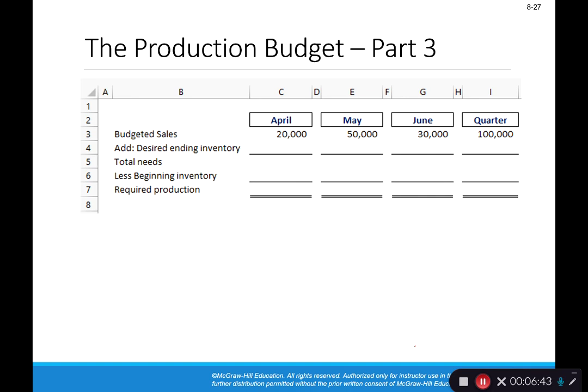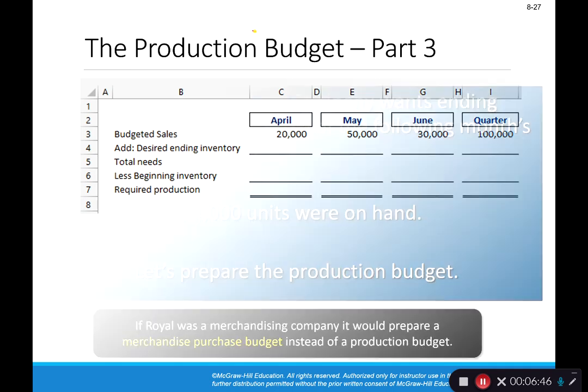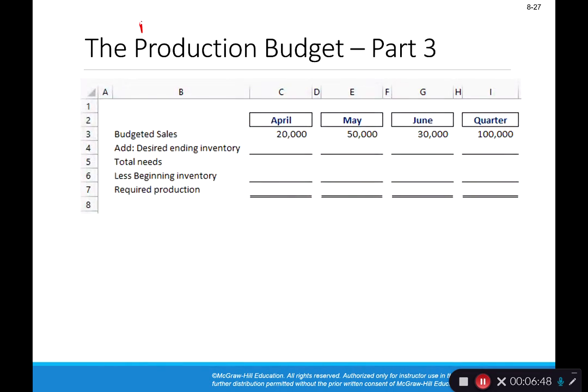which would be beginning inventory plus purchases equals cost of goods available for sale minus ending inventory equals cost of goods sold. So we're using this formula kind of revamped to achieve the desired result. We're going to start with our sales. That effectively would be the cost of goods sold in units. Then we add back our ending inventory and then subtract our beginning